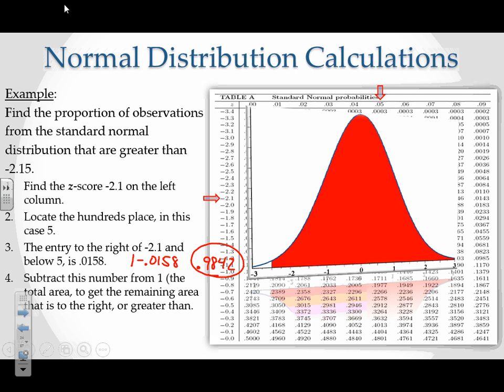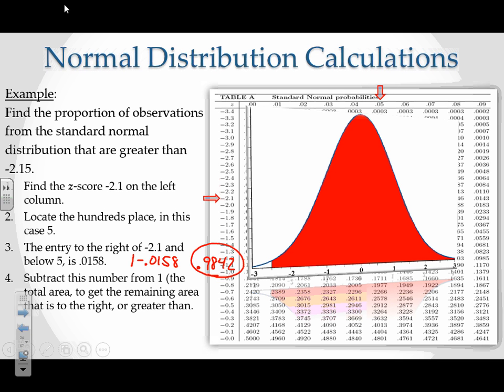How would I interpret that as far as the context of the problem? Okay, so about 98.4% of our observations lie above 2.15 standard deviations below the mean. So when you report your answers for these, you have to have that statement. What is that decimal that you've calculated? What does that value mean? And then you also need to make sure you have the picture to show that the shading helps you figure out whether you have the correct